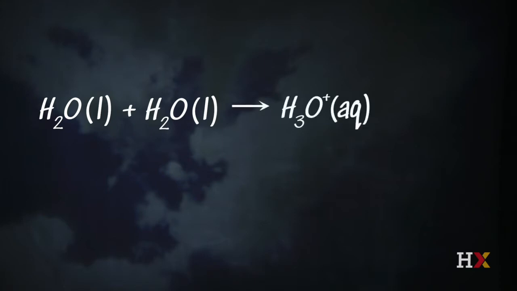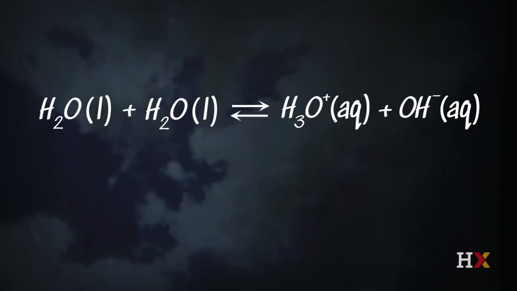So let's write out our reaction. We have H2O in the liquid phase reacting with another water molecule in the liquid phase and forming H3O+ in the aqueous phase plus OH- in the aqueous phase. So H3O+ is a hydronium ion, OH- is the other partner in this reaction, and this is an